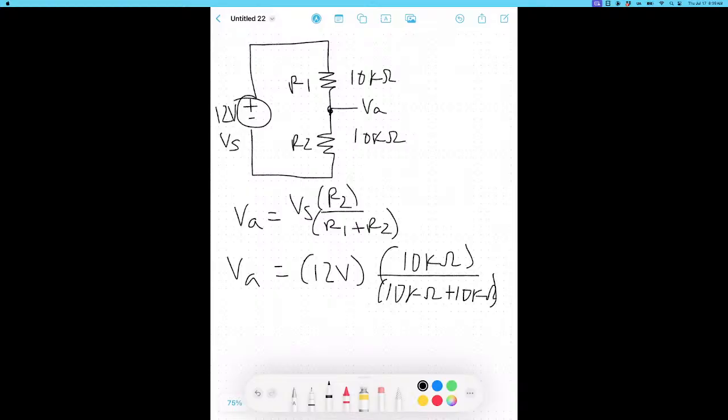So 10 over 10 plus 10 is just 1/2. VA is equal to 12 volts times 1/2. VA is equal to 6 volts, which is